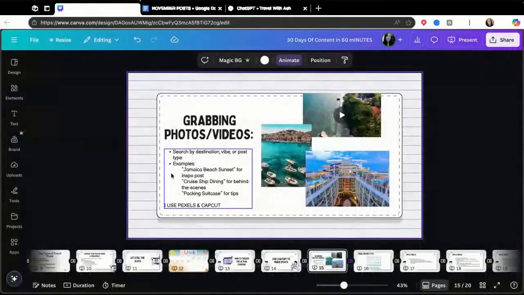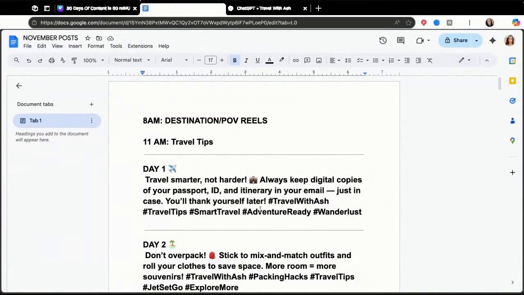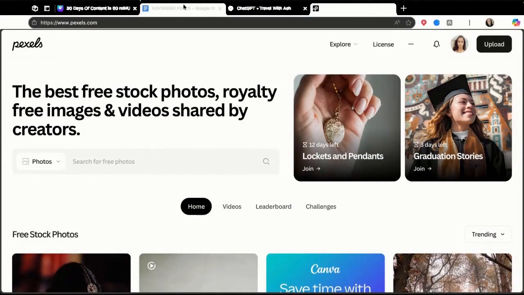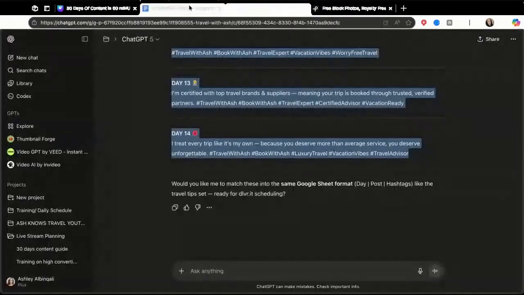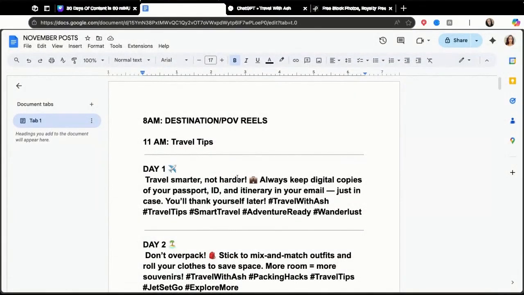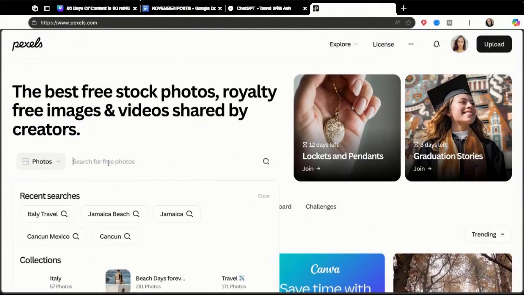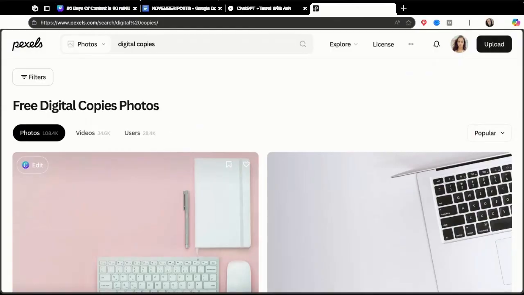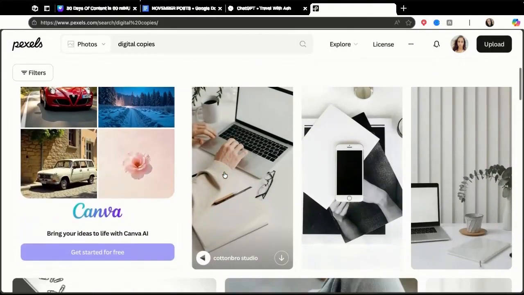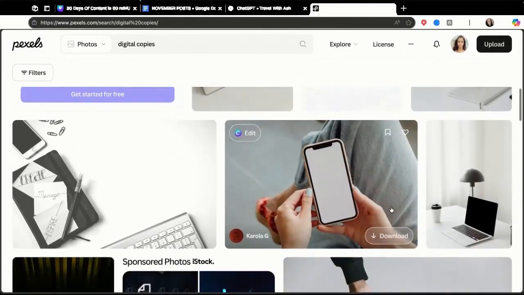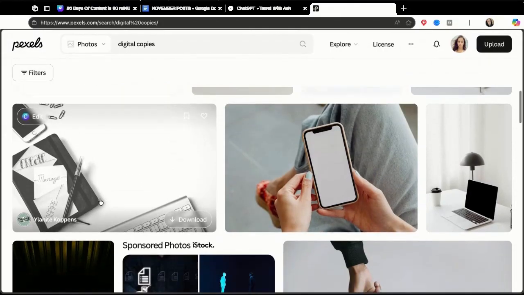Now we have grabbing the videos. So what I would do is if I have this, right? Travel smarter, not harder. Let's go back to Pexels, shall we? And let's say what did it say? Travel smarter, not harder. Always keep digital copies. Yeah, something like this. I would post a photo like this or